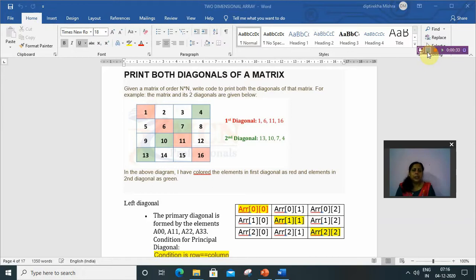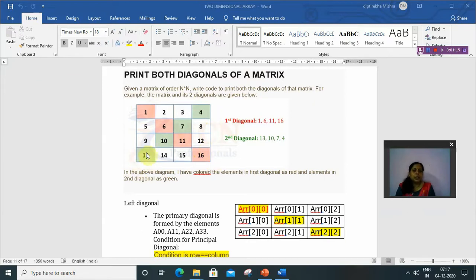So today we are going to understand the program to print the diagonal of a matrix. Any matrix having equal rows and columns is a square matrix. In a square matrix we can print the diagonal. Here in this figure the pink values are the left diagonal and the blue values are the right diagonal. A matrix has two diagonals, left diagonal and right diagonal, and we have to write the program to print both. I am writing it in a single program.